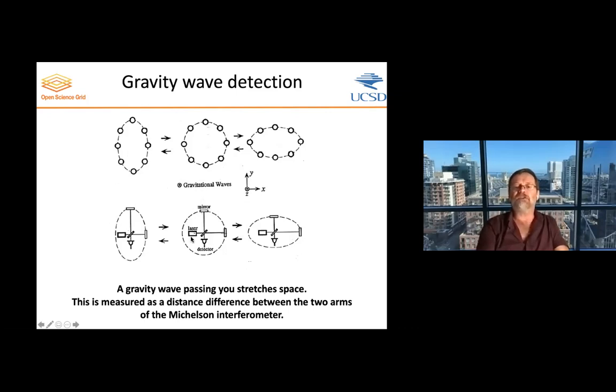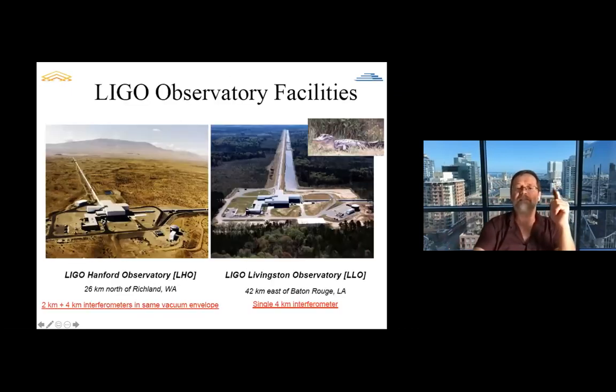This is because if you think of the laser frequency, this is optical. If you think of the laser frequency and the speed of light giving you the wavelength, you can observe shifts smaller than the wavelength, and therefore have an incredibly precise instrument here. And I'm going to talk about this in a second when you actually see what these instruments look like. This is what this looks like in the real axis, meaning these are the actual instruments. This one is located in Hanford, Washington, and this one is located in Baton Rouge, Louisiana, or near there.